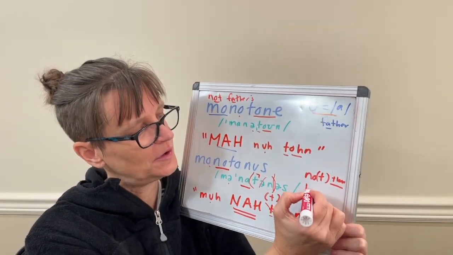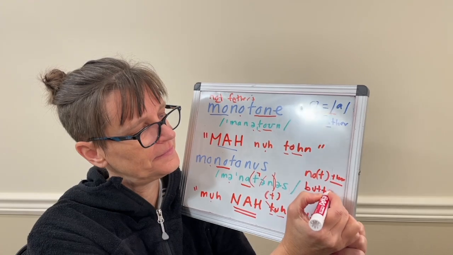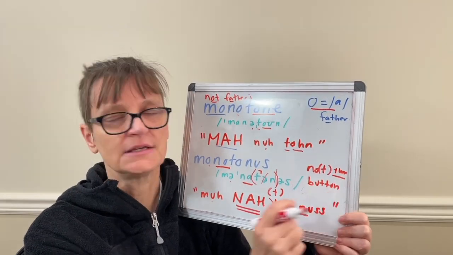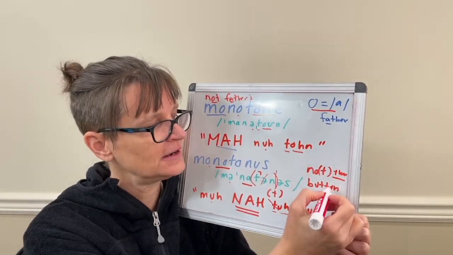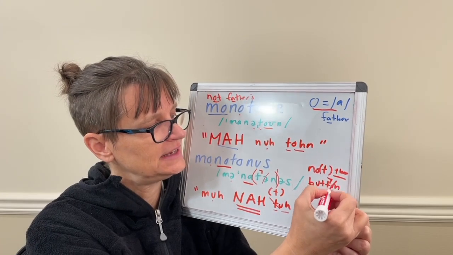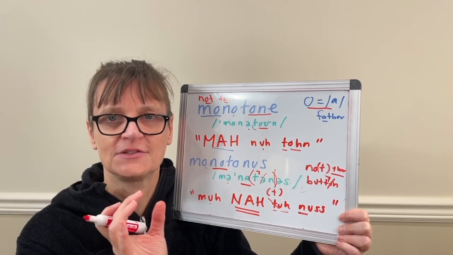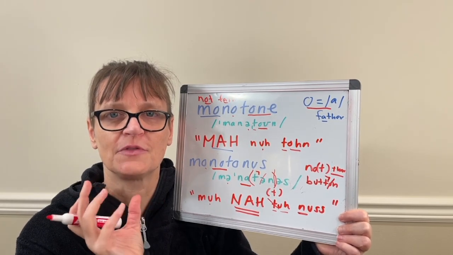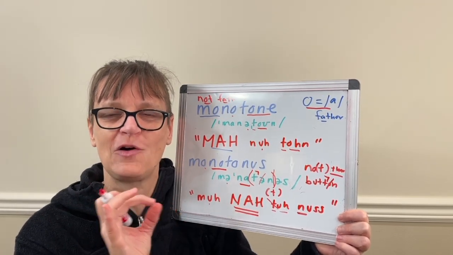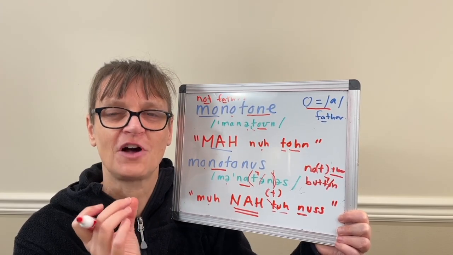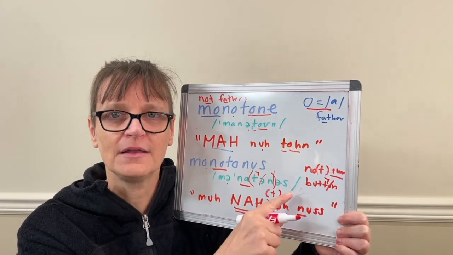For example, in the word button, I don't say button. I don't have an aspirated T there. We have an unreleased T, and we basically drop the vowel, and the N sound becomes a syllable. So the letter N becomes both a vowel and a consonant. It's called a syllabic N. It sounds like button,